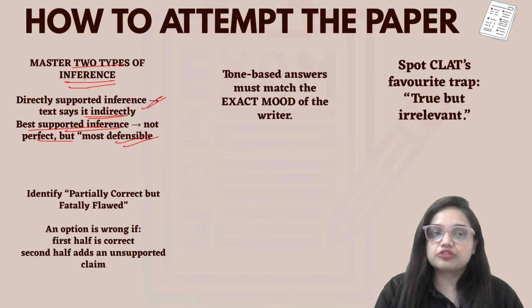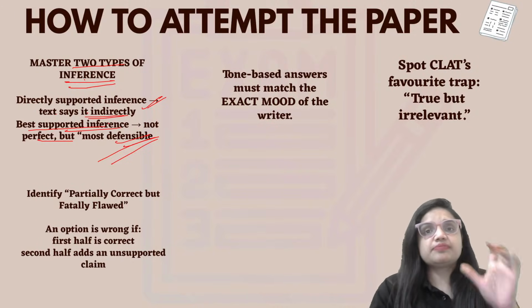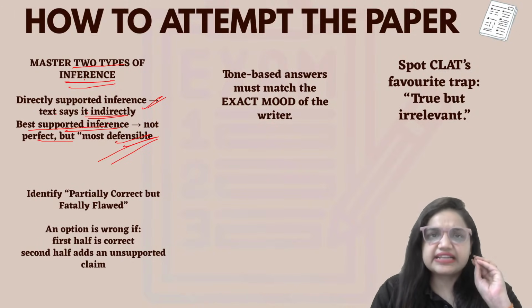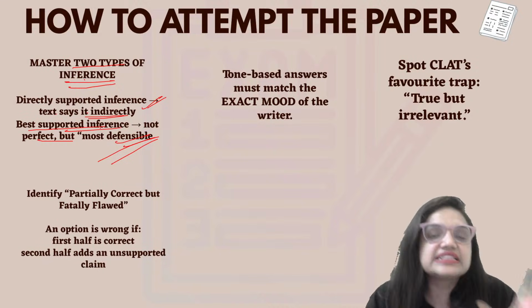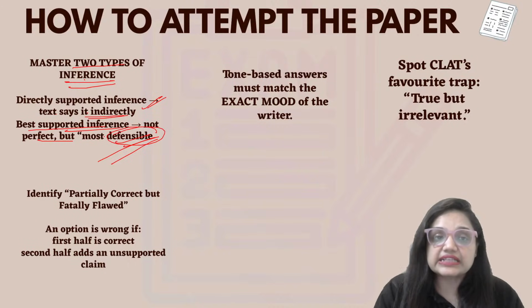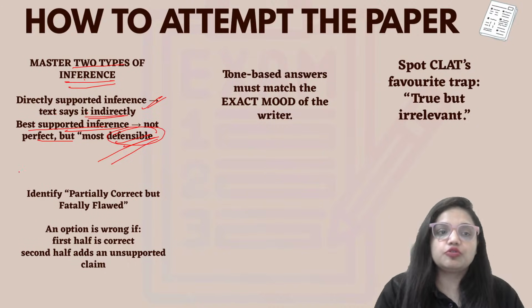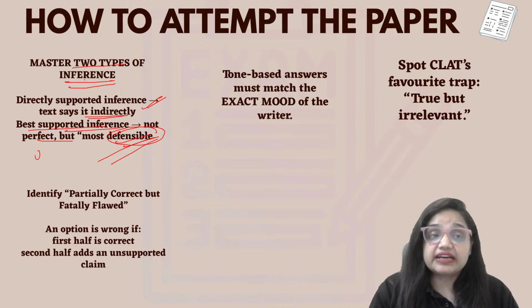पहला inference क्या होता है? वो जो टेक्स्ट ने indirectly बोला है, ओके, and you can just get it out of it. और सेकंड वाला क्या है, इसमें पैसेज में वो directly explicitly stated नहीं है, ओके, it is not implicitly stated also. आप बहुत ज्यादा उसे infer नहीं कर पा रहे हो, बट वो सबसे ज्यादा logical लग रहा है, वो सबसे ज्यादा defensible है, perfect है. मैंने कितनी बार बोला है, don't go for finding the right answer but find the perfect answer